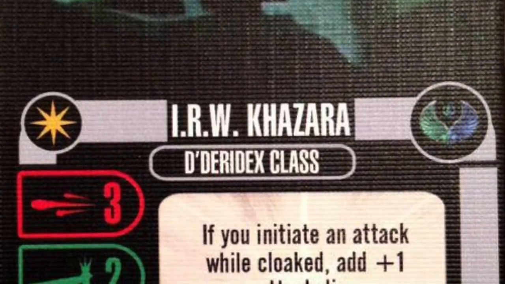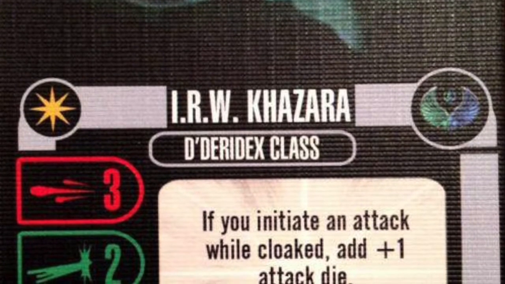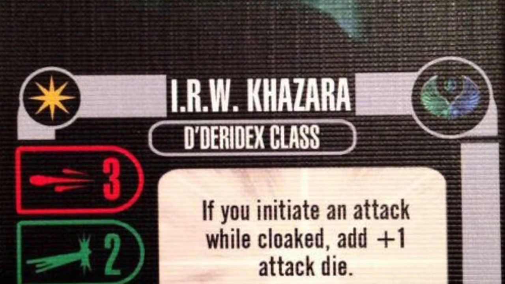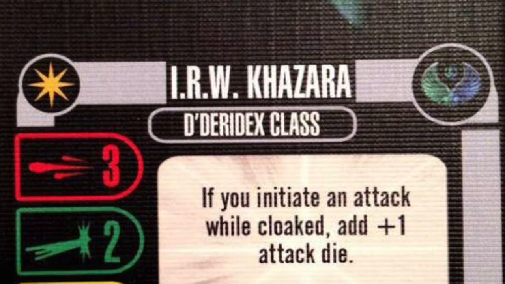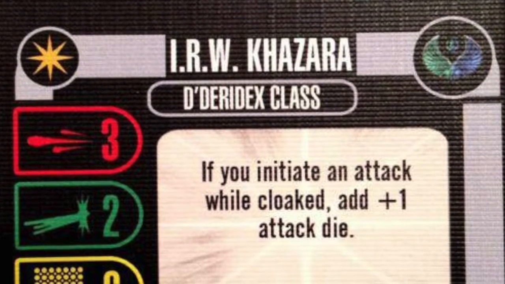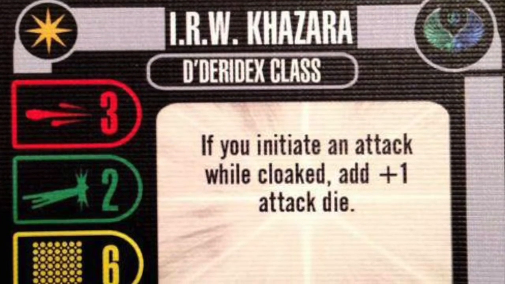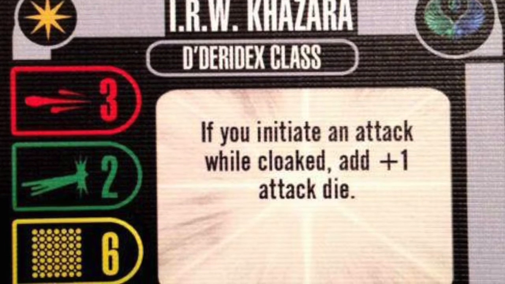Today we are talking about the IRW Khazara from the Romulan Empire. It's a 3 attack dice ship, so a little limited there, but the main advantage it has is 3 crew slots, so it is the perfect home for Captain Terrace from the Hakona expansion that lets you fire with your